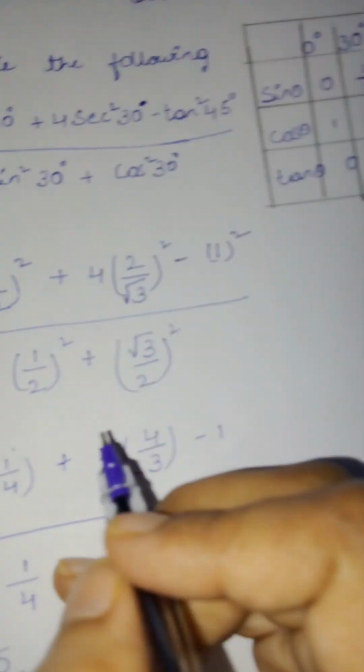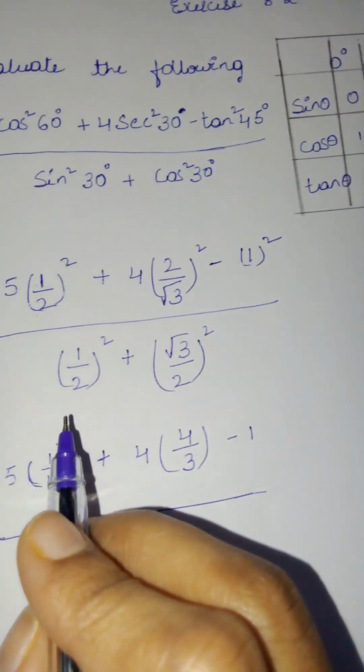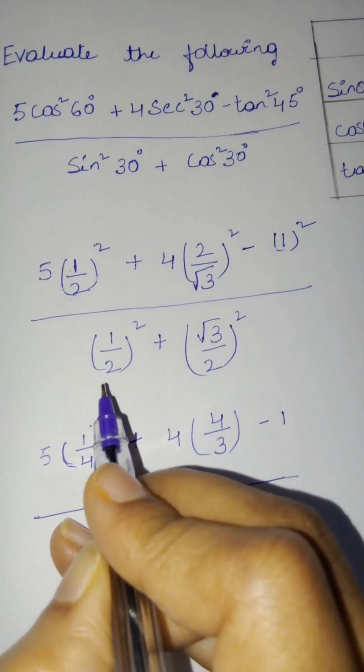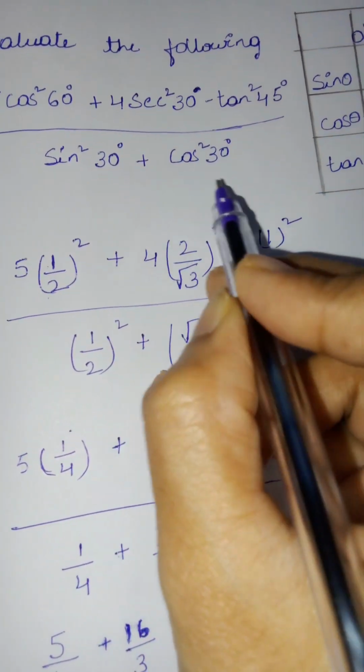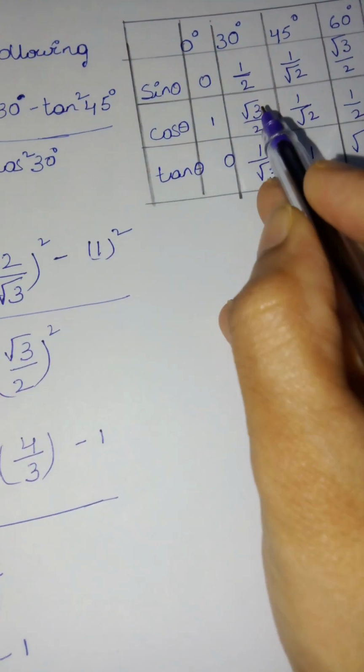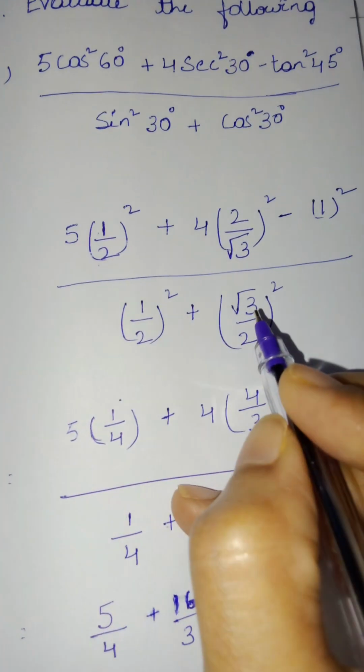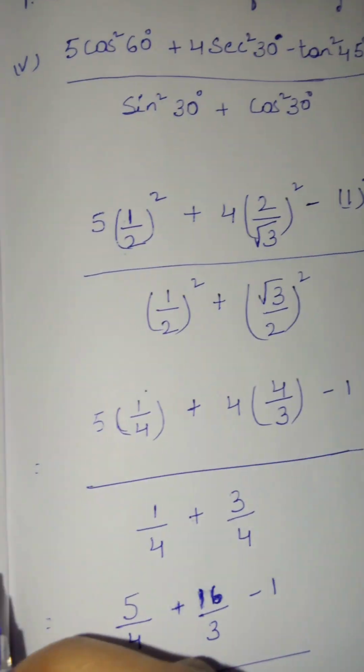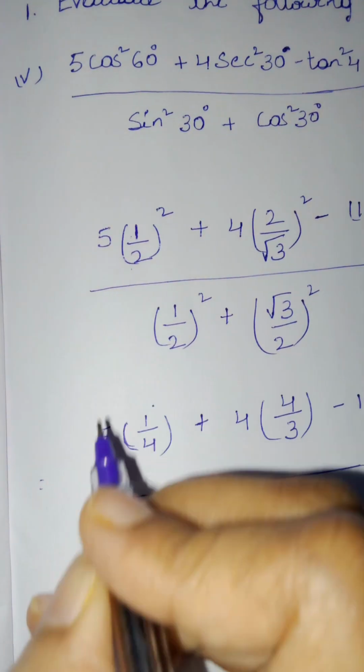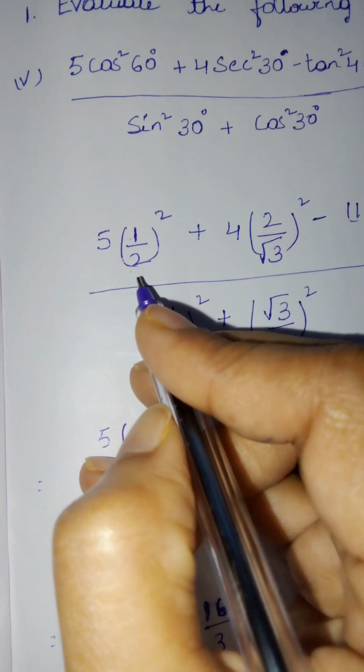Sin 30 is 1 upon 2. So sin² 30 will be (1 upon 2) whole square, plus cos² 30. Cos 30 is √3 upon 2. Cos² 30 will be (√3 upon 2) whole square. This is equal to 5 into (1 upon 2) whole square,